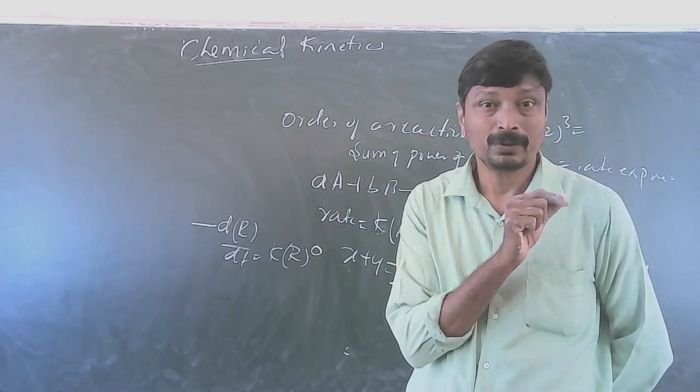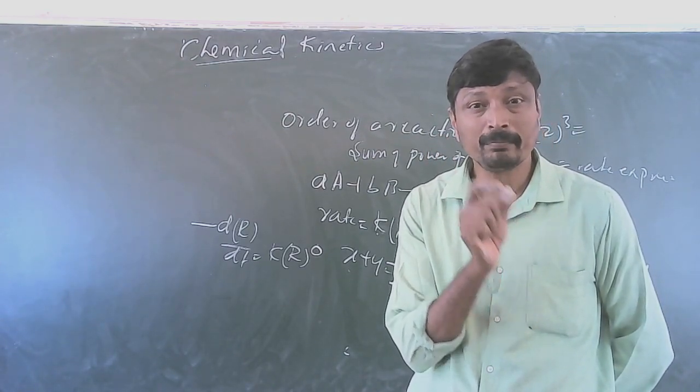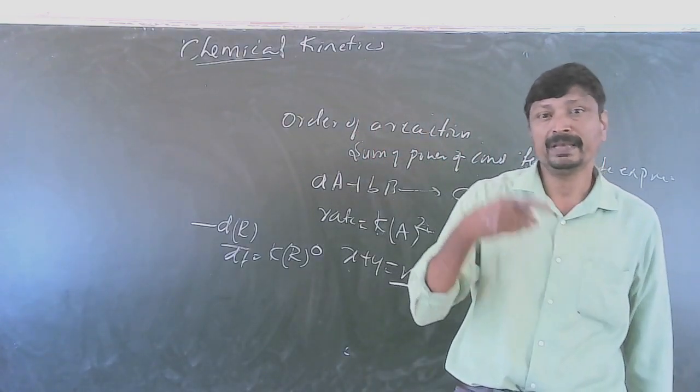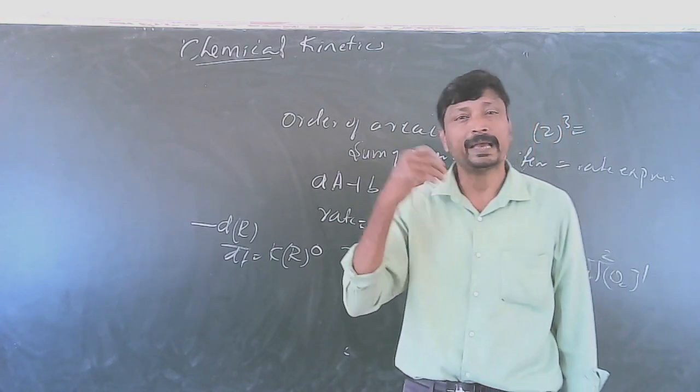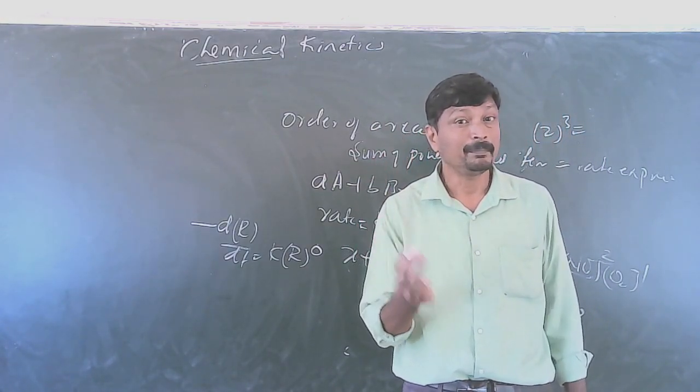So how do you obtain the order? The order of the reaction is obtained only by conducting the experiment. By looking at the reaction, you cannot write the order. You cannot find out the order. But in